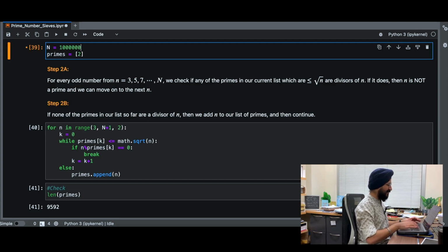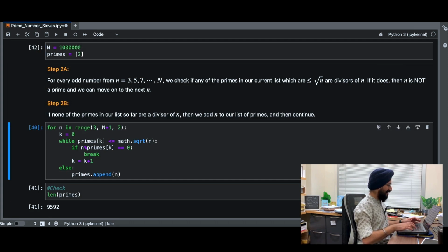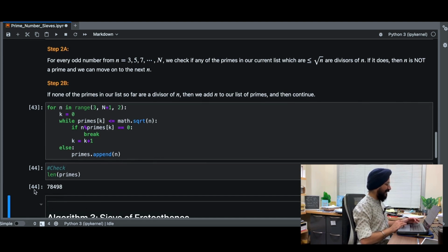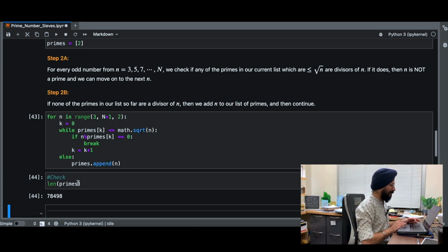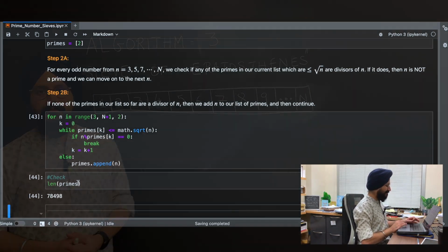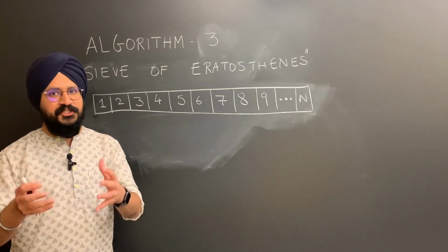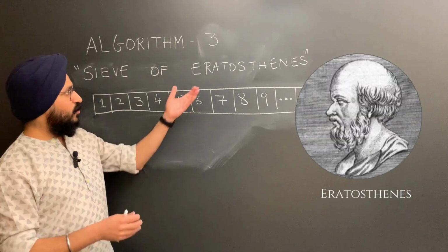What about a million? Let's try it. So for a million, I run this. It's running, it's taking a few seconds. It ran just a couple seconds, and I find out there are 78,498 primes up until 1 million. Pretty cool, huh? And finally, for our third algorithm, I want to take you back to ancient Greece, where Eratosthenes